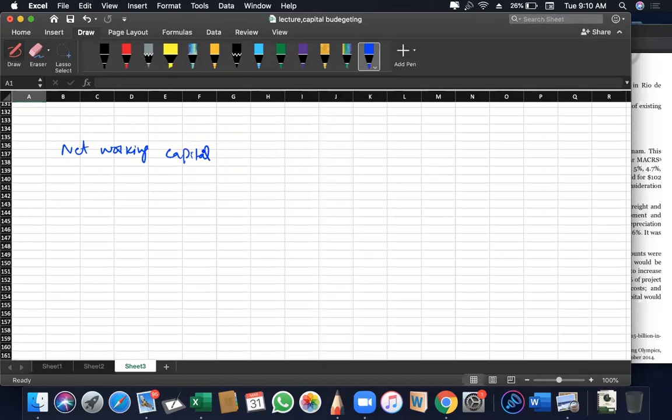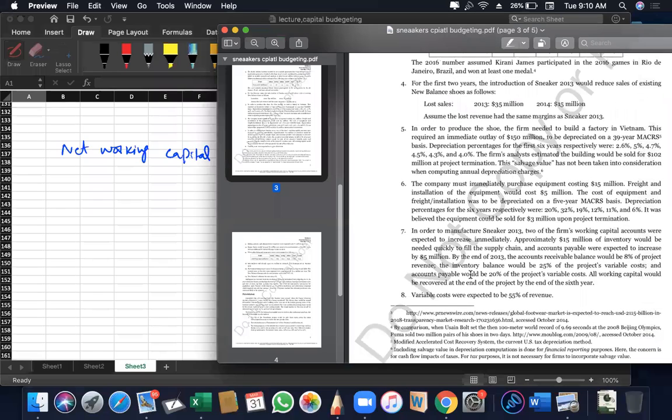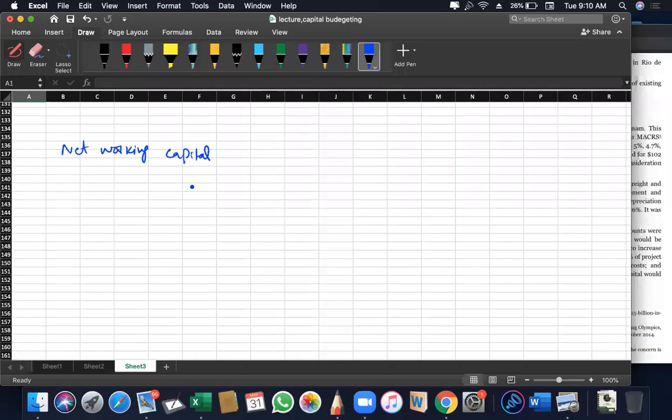For this, there is point number 7 given. In order to manufacture sneaker 2013, let me draw the timeline because here it is 1, 2, 3, 4, 5, and 6. So the data is given about